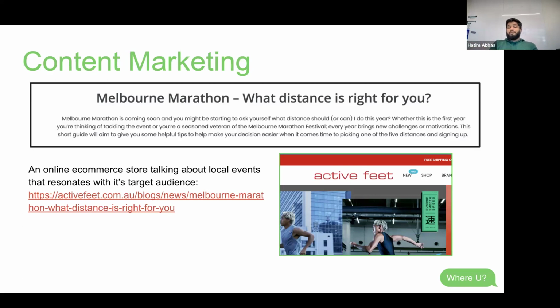So if, for example, I'm participating in the Melbourne Marathon and I want to search for shoes, they're very likely to show up because I'll search something like shoes to wear for the Melbourne Marathon. And because they're using all of those keywords, they're using Melbourne Marathon, and they're a business that actually sells shoes, Google recognizes that. There's a very high chance of them showing up, and for me to become a customer of that particular business. It's a very important thing that e-commerce stores can integrate.